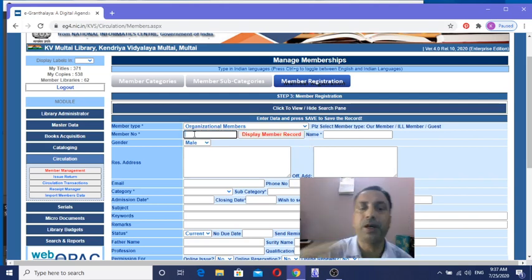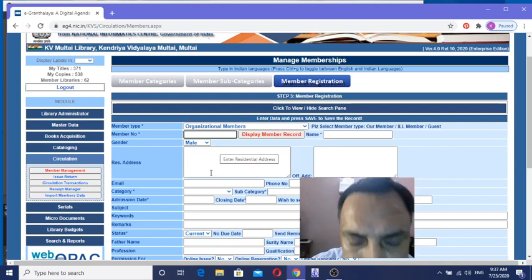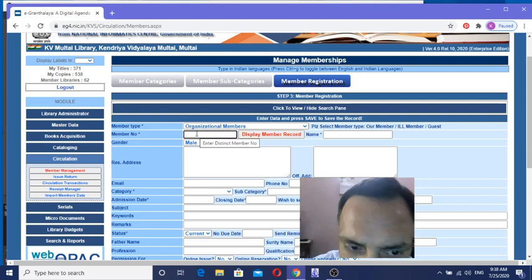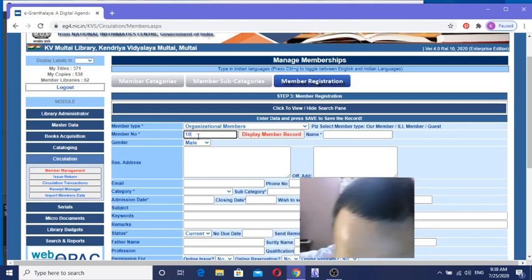For member number, I am suggesting for students, please choose their admission number or HR number. It's just for uniqueness. Member number must be unique. Hence, always choose or collect a number from the user which is unique for them and memorable for the user. It may be provided in barcode form on the member card, library issue return card, or school ID card, anywhere. Here I am putting the employee code number of the user.